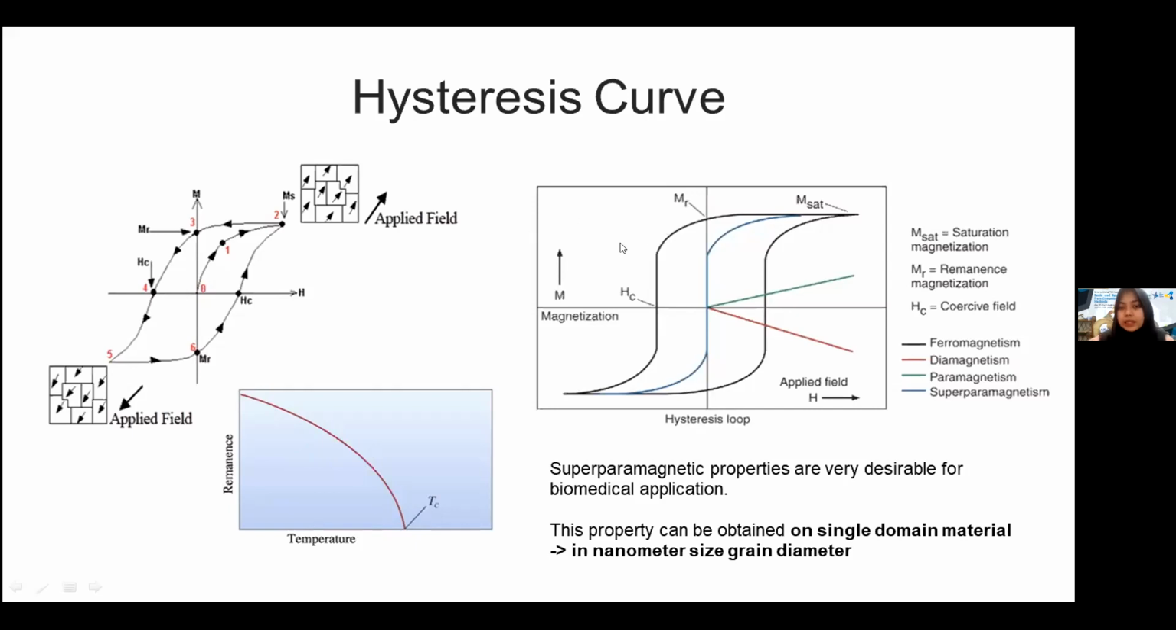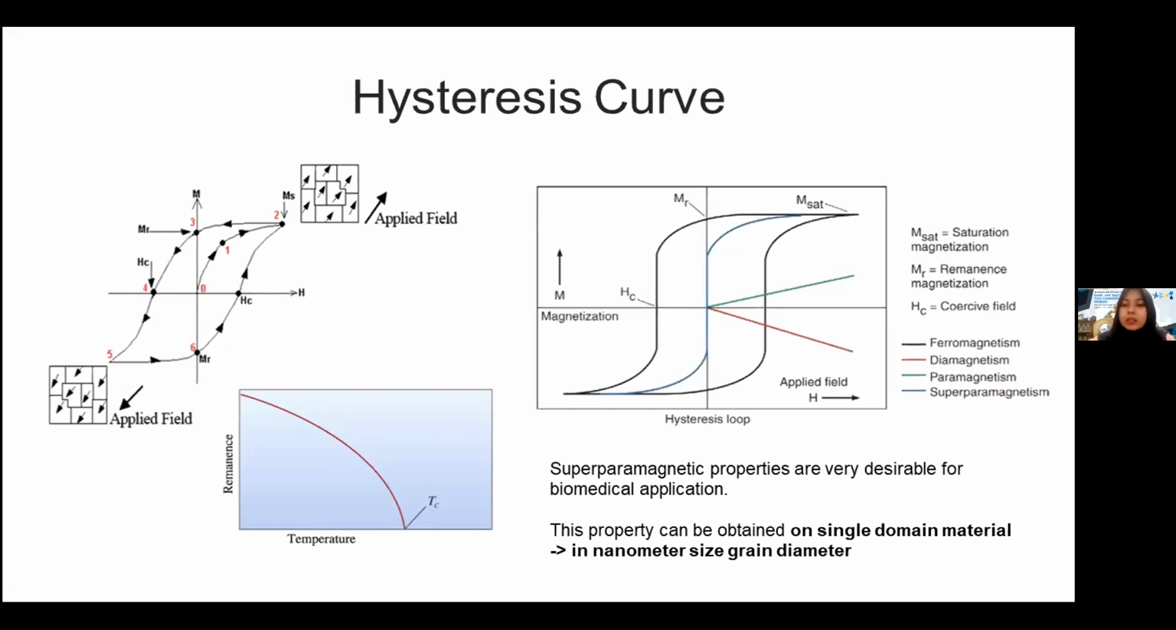In the next curve, we can see the different types of magnetism: ferromagnetism, diamagnetism, paramagnetism, and superparamagnetism have different curves. We can focus on the blue line curve that shows superparamagnetism. In this curve, we can see there's no remanence when the external magnetic field is